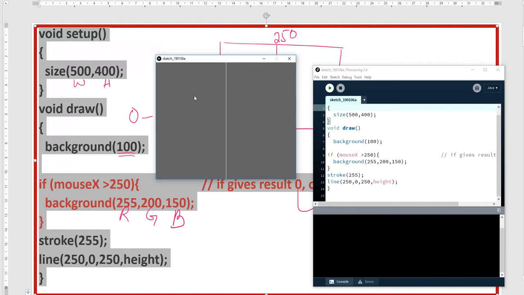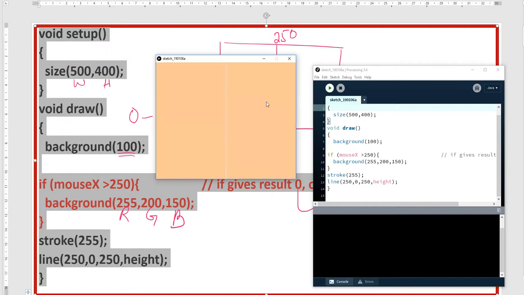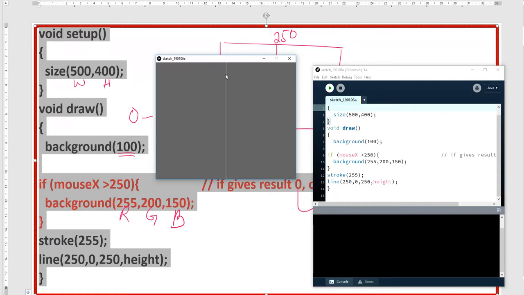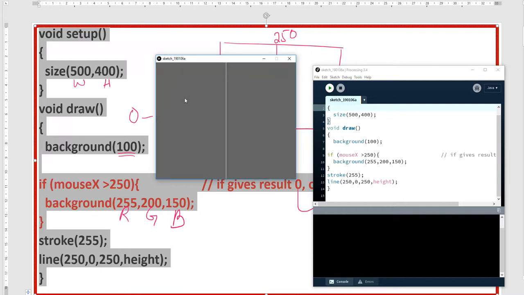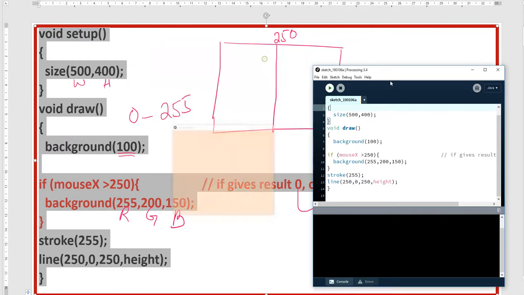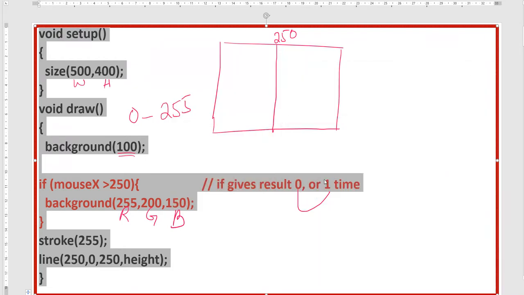As soon as my mouse is greater than 250, see this line represents 250, the color will change. If it is less than 250, it is grayish because it is 100. So this is the if condition. If could run 0 times or 1 time.